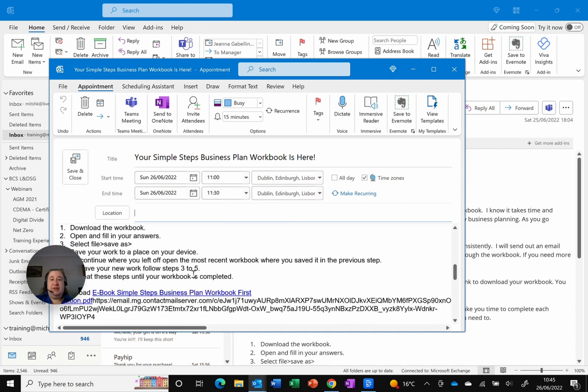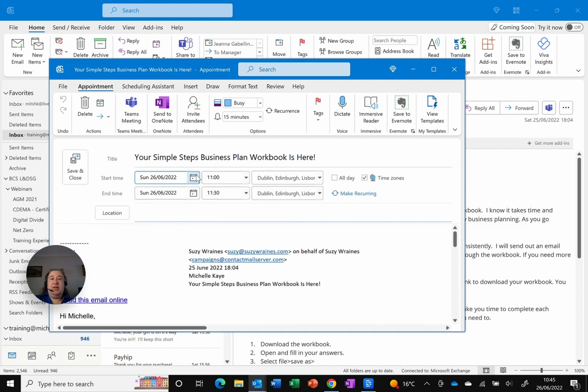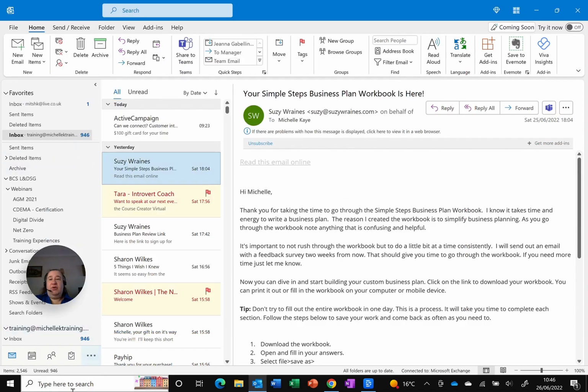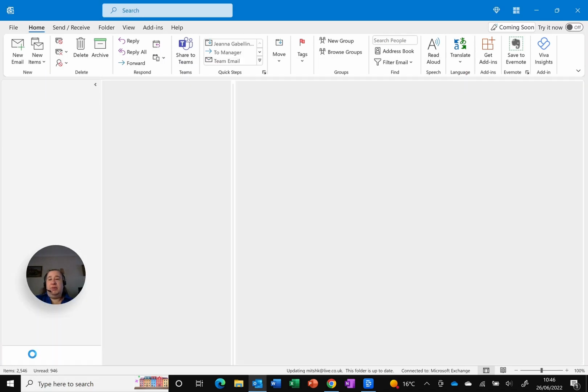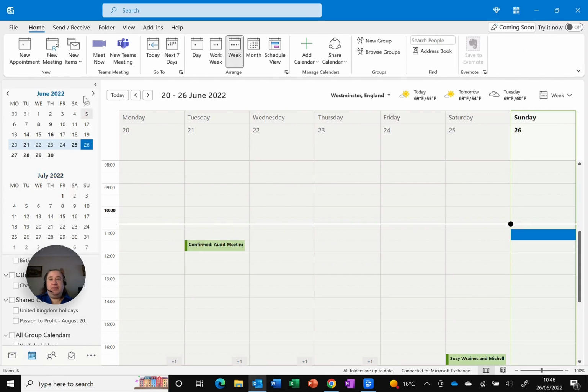the details in, and all I need to do is say, actually that is going to be, let's say, tomorrow, Monday, and she's in America, so let me change that to 5 o'clock because that'll be better for her, and just click save and close. I've got a new appointment, and if I jump into my calendar, you can see if I go to this